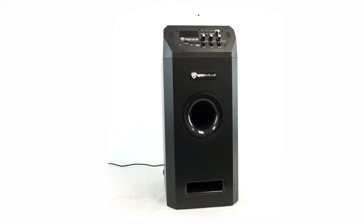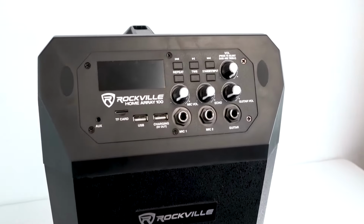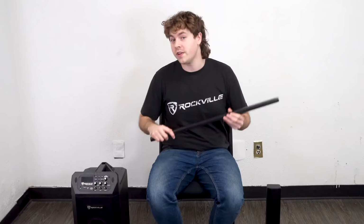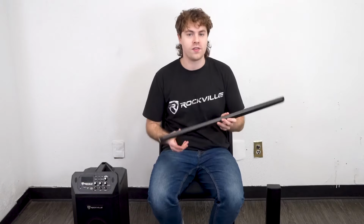As you can see, it comes with a subwoofer that has all of the controls for the system, a speaker that goes on top, a rod to connect the speaker and the sub, a power cable, a wireless remote, and an aux cable. So the first thing we can do is attach the speaker to the sub by taking the